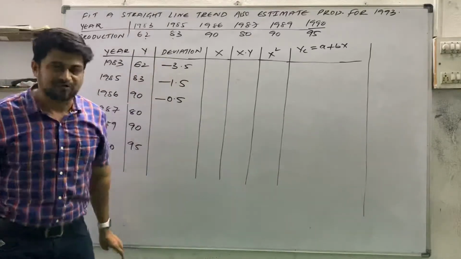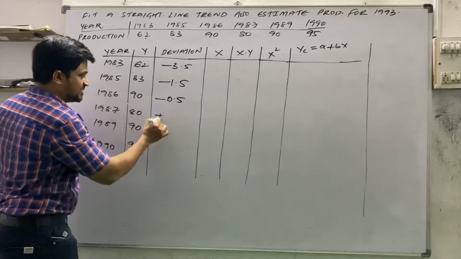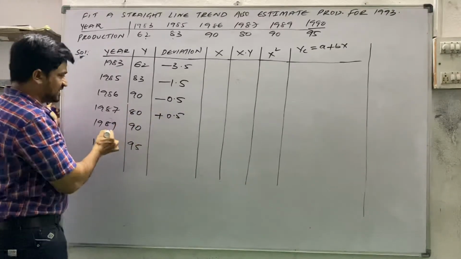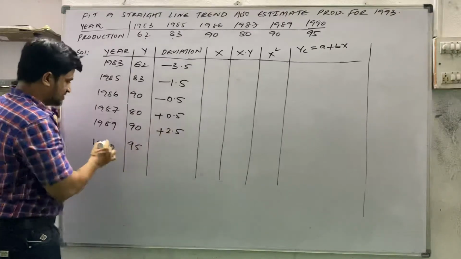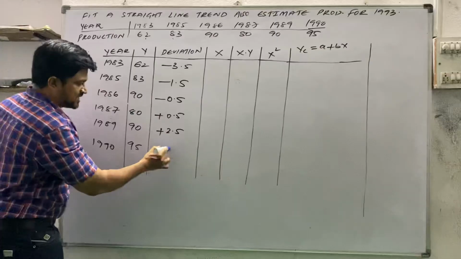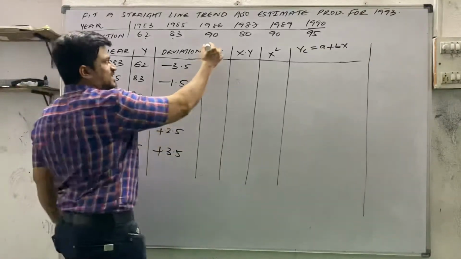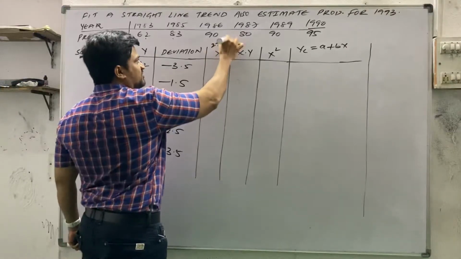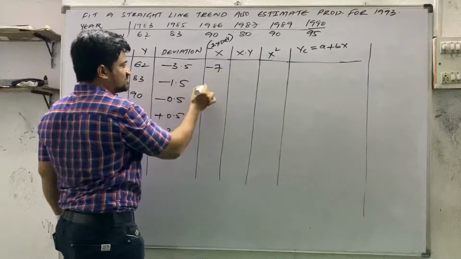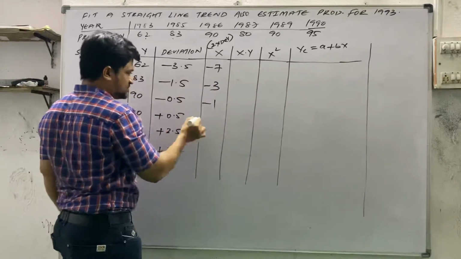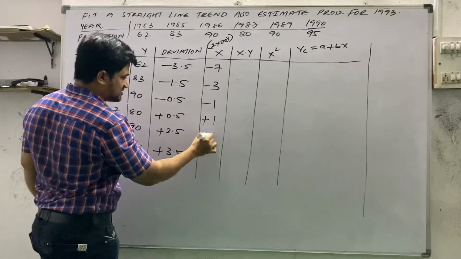For 86 we have, 85 we have, for 84 we have minus 2.5 because 84 is missing. That minus 2.5 value you have to leave. Ignore that value. Then 87 plus 0.5. For 89, 88 is missing, so 1.5 is missing. Here 2.5. From 89 to 90, we don't miss anything, so we have to take 3.5. Then x. X is the same as the previous question: 2 times the deviation value. 2 times 3.5 is 7, 2 times 1.5 is 3, 2 times 0.5 is 1, 2 times 2.5 is 5.